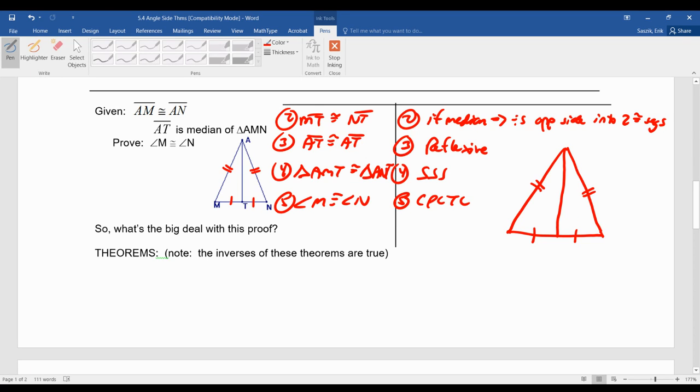So instead of going through all that business, we have some different theorems that we can use as a little shortcut. And this is on your gold sheet, and it's